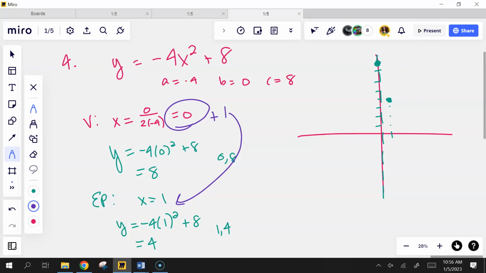What's your last step? Reflect. So 1, 1, and connect. Yay or nay? Yay! Okay, so